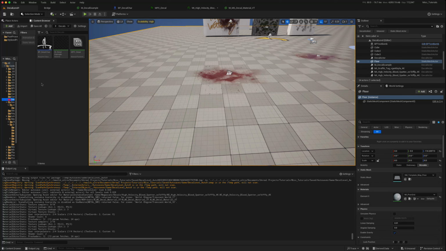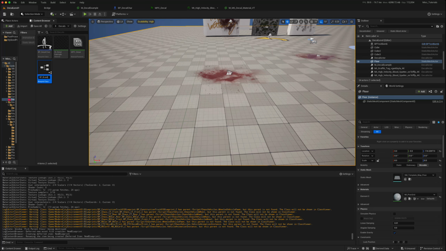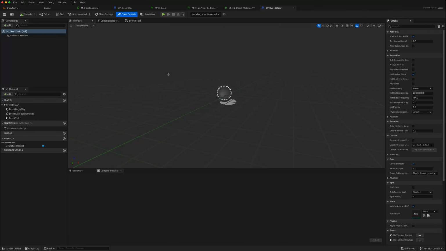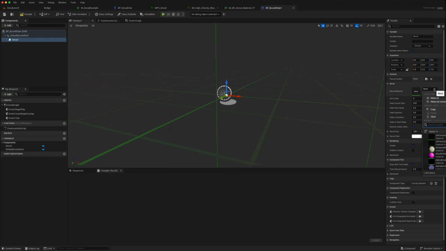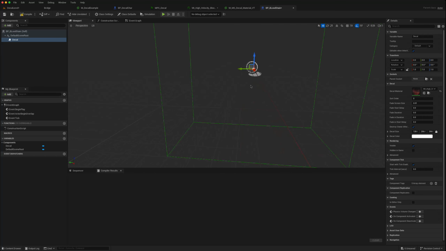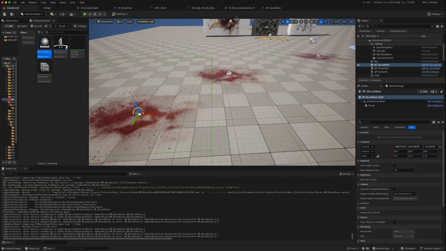So if we create a sort of bloodstain blueprint, so blueprint, actor, BP bloodstain, open that, add a decal, and to the decal material we'll set the one called blood, high velocity blood splatter. And again, if we rotate this so it's facing down, and just add that onto the ground there. Now if we go back to this,